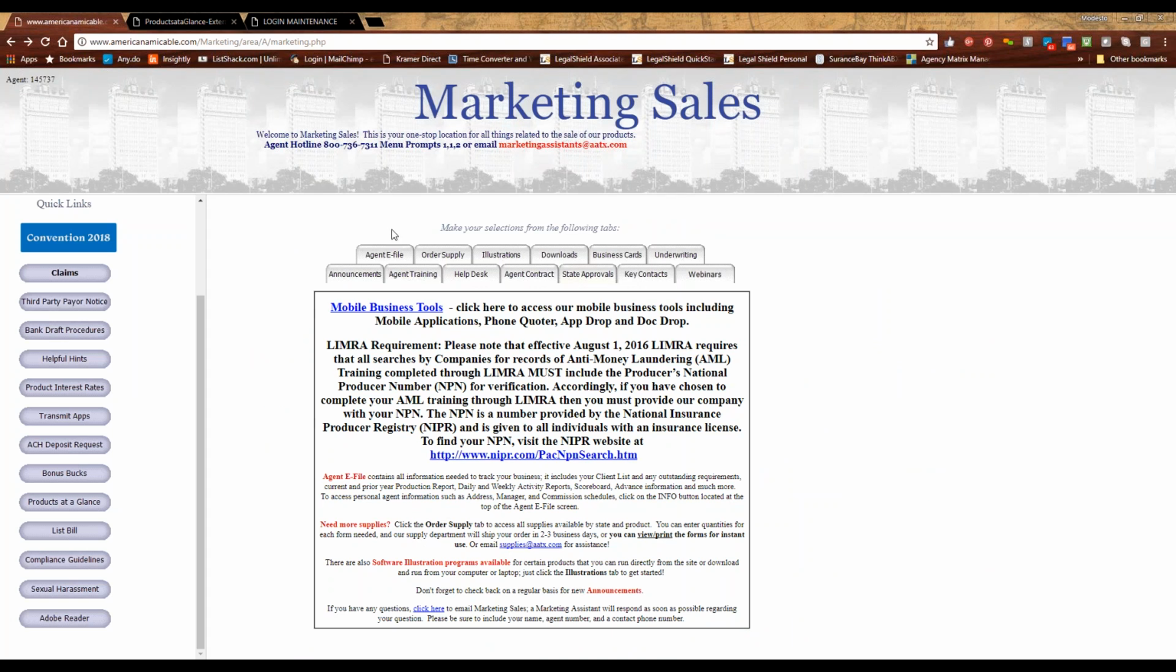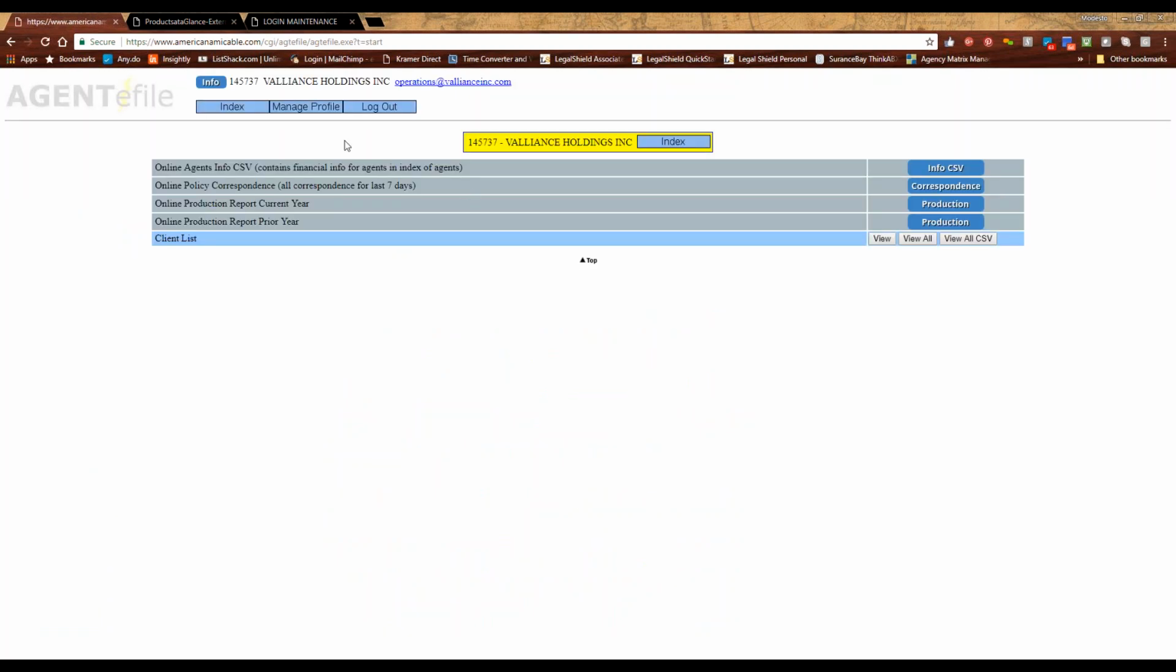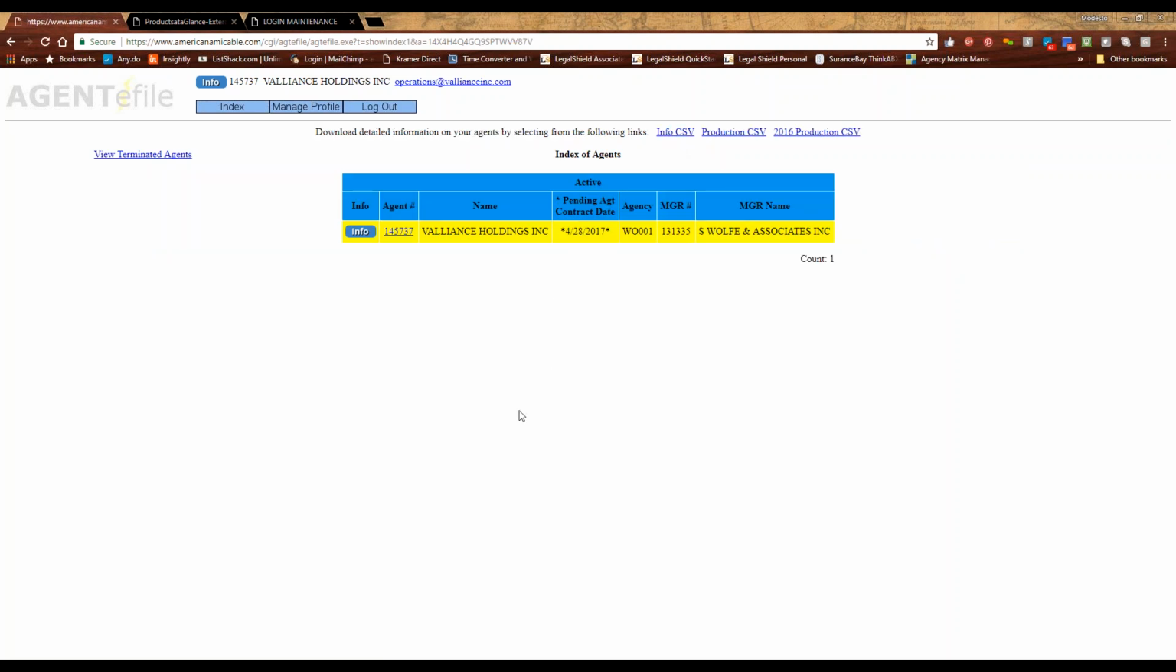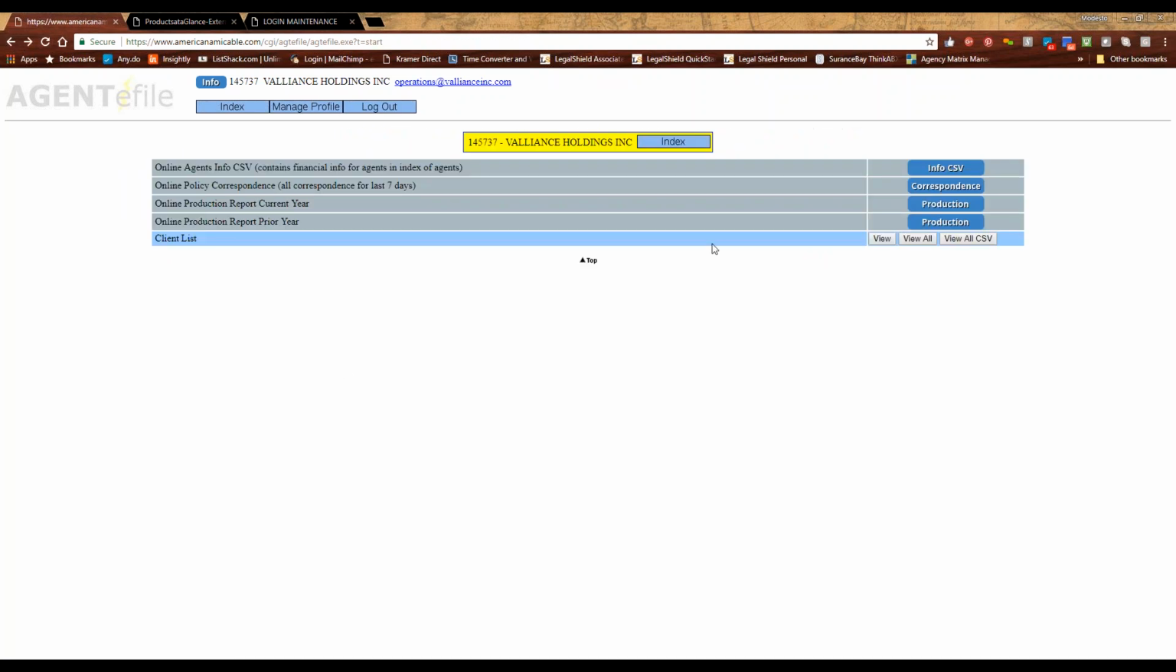The other tab that I want to take a deep look into is the agent e-file. The agent e-file, it's basically where you're going to be able to see your policies, your production. If you have agents under your hierarchy, they'll show right here. Again, we're using a generic account right now, just for practical purposes to teach you what it is here,